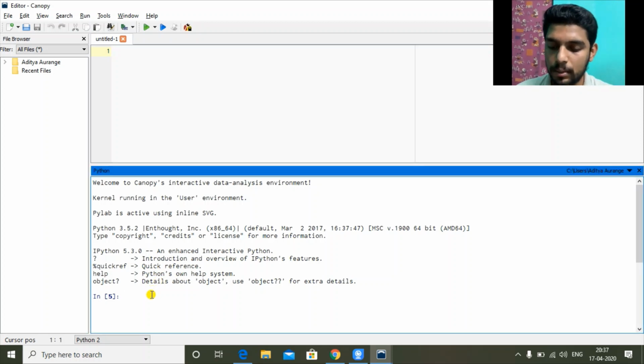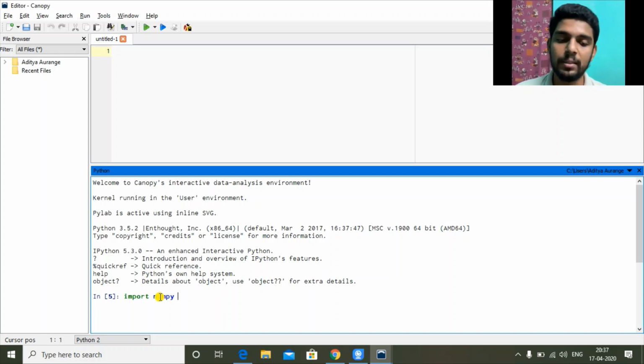So let's start. Before we use anything regarding NumPy, we have to have NumPy in our workspace. How do we import NumPy? I'm using the interactive mode. So: import numpy.